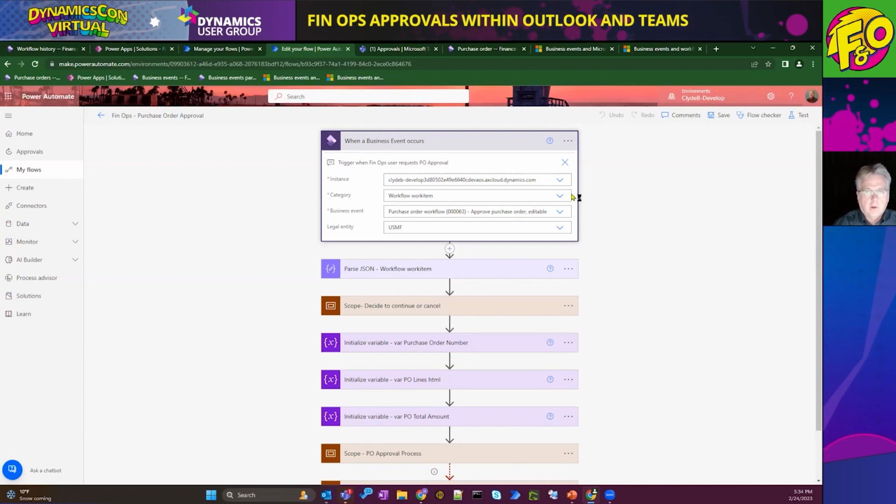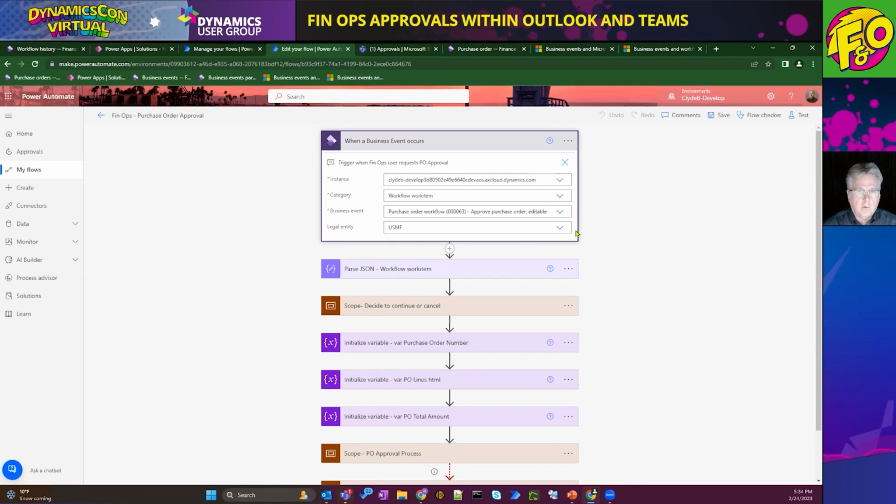So that's that level within that workflow that I showed you previously when it triggers. And then the business event, so the purchase order workflow. In this case, it's item number 63. It all depends on your environment which number that will be. For others, it could even be just one, not necessarily 63. So keep in mind that it could be different within environments.